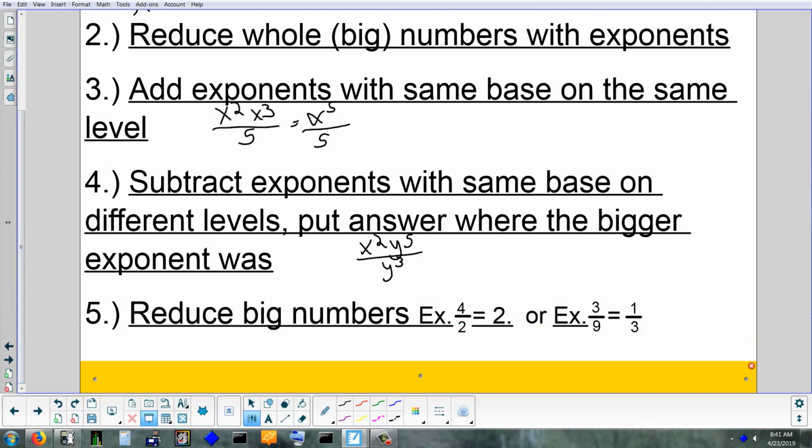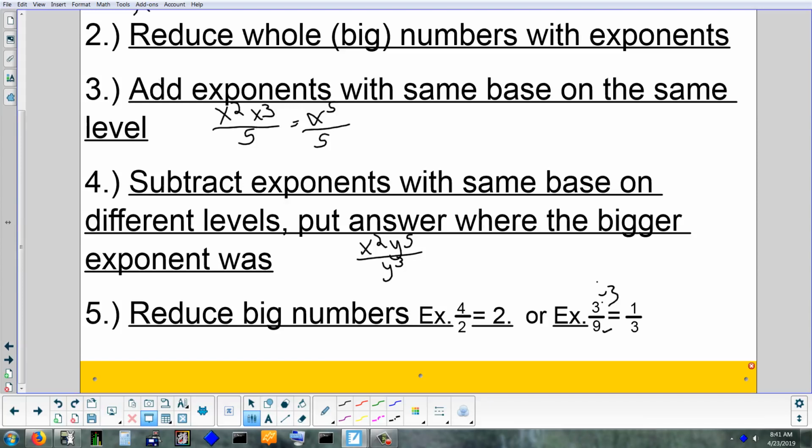Then last thing is, like Mr. Hager showed you before, if we had like 6 over 4, then we have to reduce that. Alright? So we want to reduce our big numbers. So here, for an example, if I had like 4 over 2, it would reduce to 2. Alright? Or if I had smaller number on top, bigger number on bottom, what I did here was I